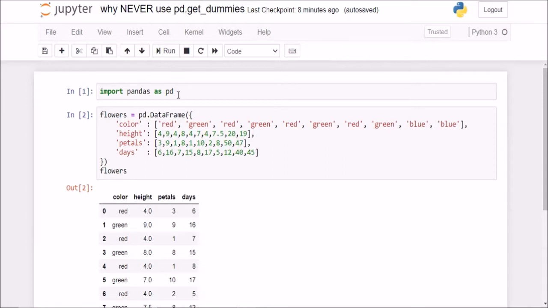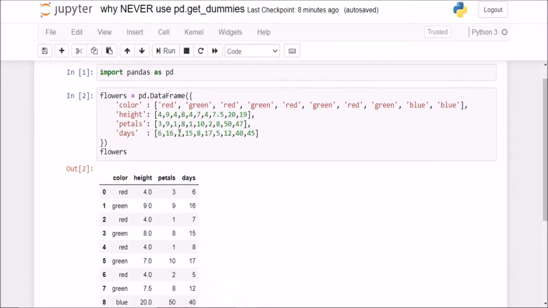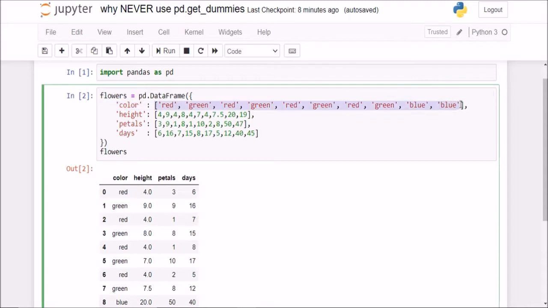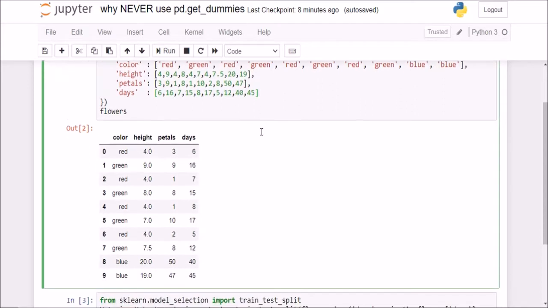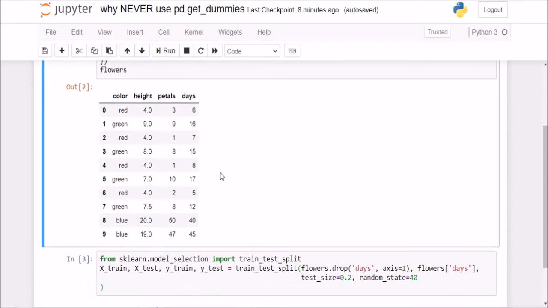Now, we'll first import pandas, and I have created this small dummy data frame here, which has colors of a few flowers that I noticed in my garden. Assume I just went to my garden yesterday and picked out 10 flowers, and these were the colors they had, and these were the heights in inches of each of those flowers, and these were the number of petals on those flowers, and these were the days since I had planted them in the garden. Okay, so I have kept a track of all of these things. So this is the data set I have now at my hand.